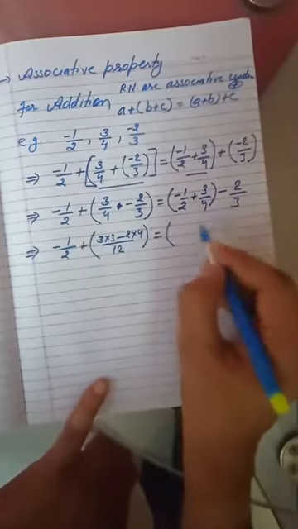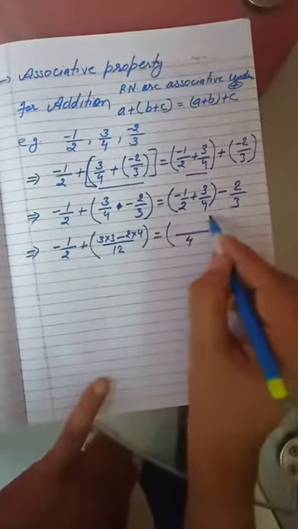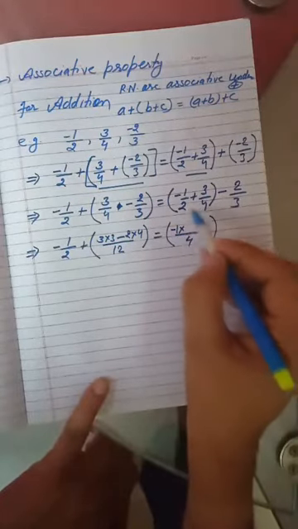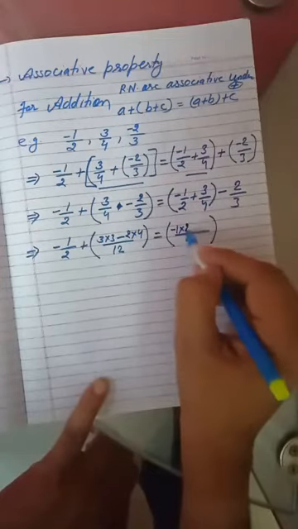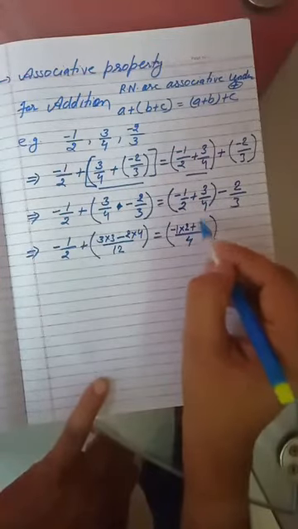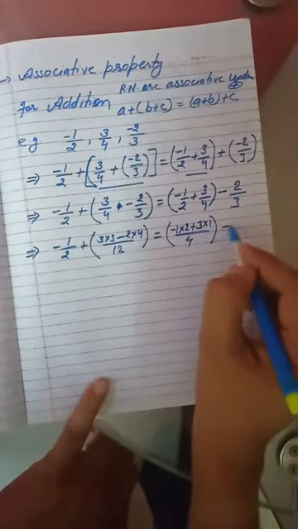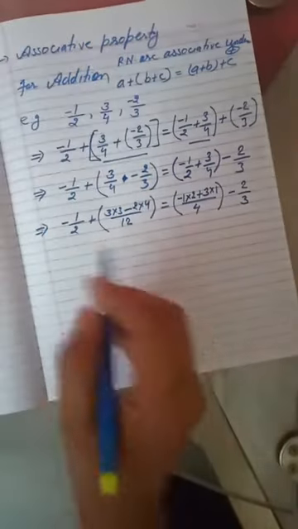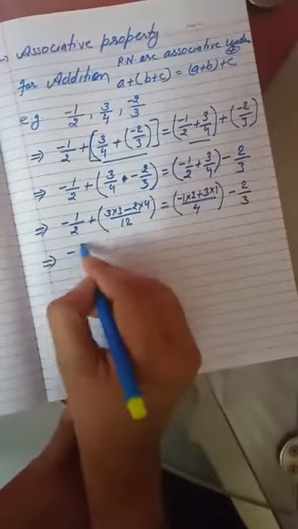Again this bracket you will solve it. Now you will get the LCM is 4, your number is minus 1 multiplied with 2, 4 divided by 2, result is 2, plus 4, number is 3, 4 divided by 4, it is 1, minus 2 by 3. Now solve this problem.